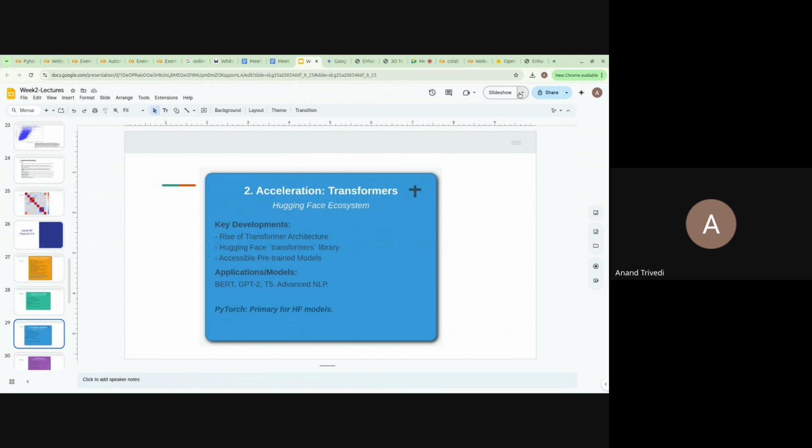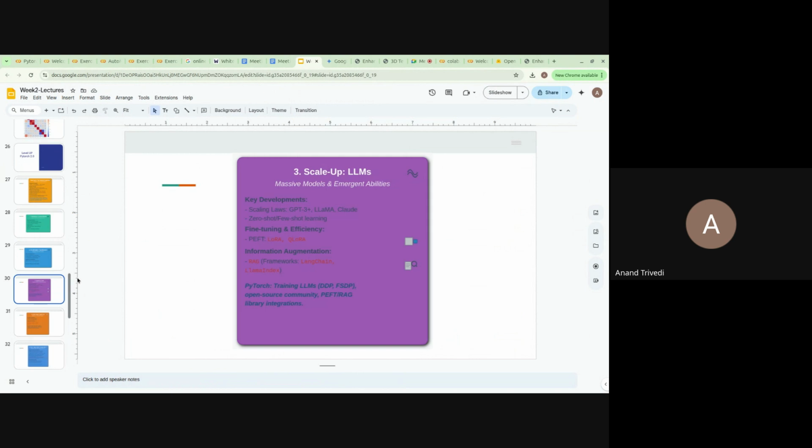Hugging Face again is a library, a wrapper written on top of PyTorch. Then what goes after this? Obviously LLMs come in, right? Fine-tuning of LLMs comes in, right? A lot about LLMs, like scaling the LLMs, deploying LLMs, fine-tuning them using various methods like LoRA and QLoRA.